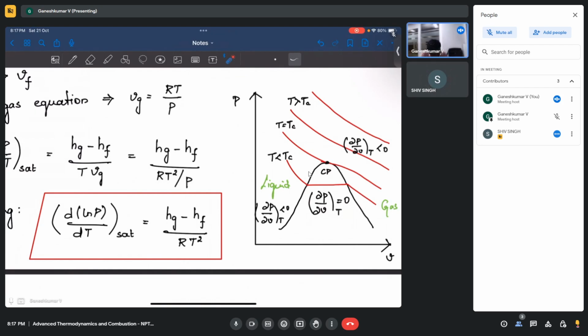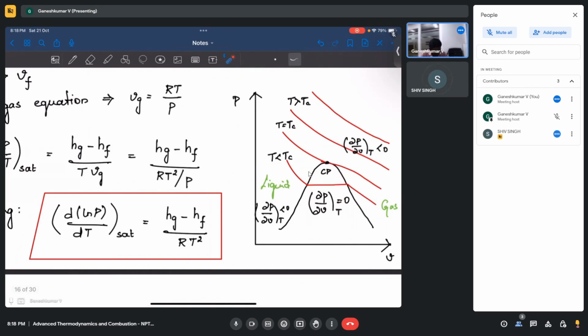Now let's say you increase the pressure and temperature. Let's say you are in this region. Now the HFG is different, right? The amount of energy required for phase change is different, and you cannot do experiments for every pressure and temperature, right? To calculate the amount of